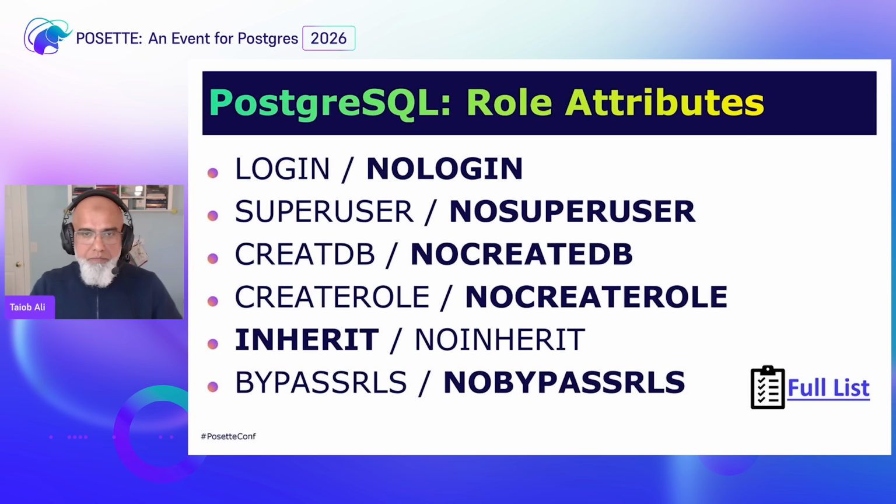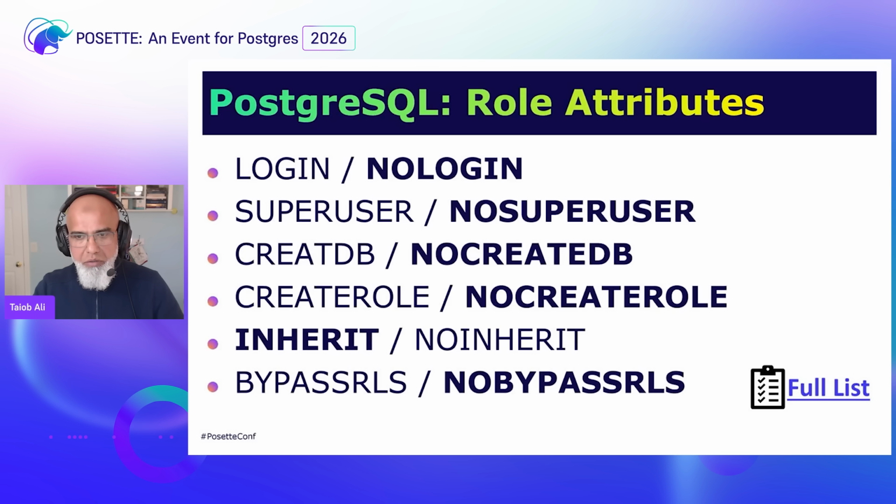As I mentioned, you must understand roles, and if you are an admin of Postgres clusters, this is going to be in your wheelhouse all the time. If you look at the slide on the right at the bottom part, you'll see a full list. That's a URL that shows you the Postgres official documentation about roles. It lists all the attributes. I only listed the top 6 that I feel you should know off the top of your head without going to the documentation every time. The one that you see highlighted is the default. So what does that mean?